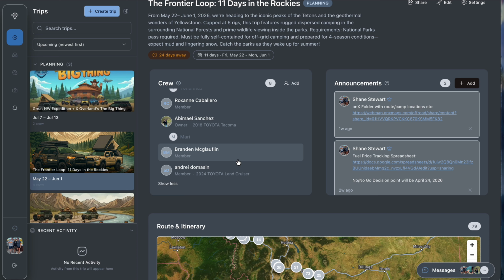I have the gas stations on the map. I have the camp spots. I have the touristy stuff, the breweries, the hot springs, the scenic destinations, all that. I have the campsite in Yellowstone, the campsite outside of Tetons. I have all of that pinned here in SitRep. So when we're out in the field, all we have to utilize for the most part is SitRep.